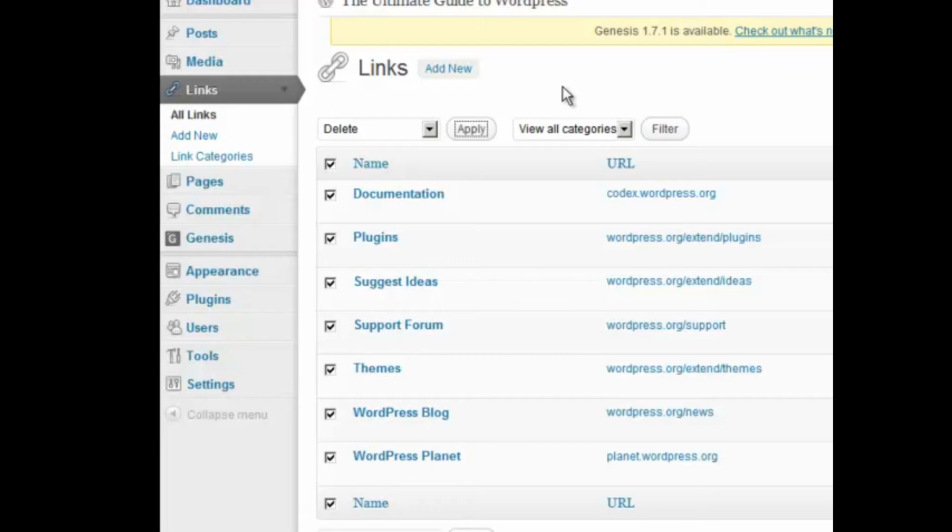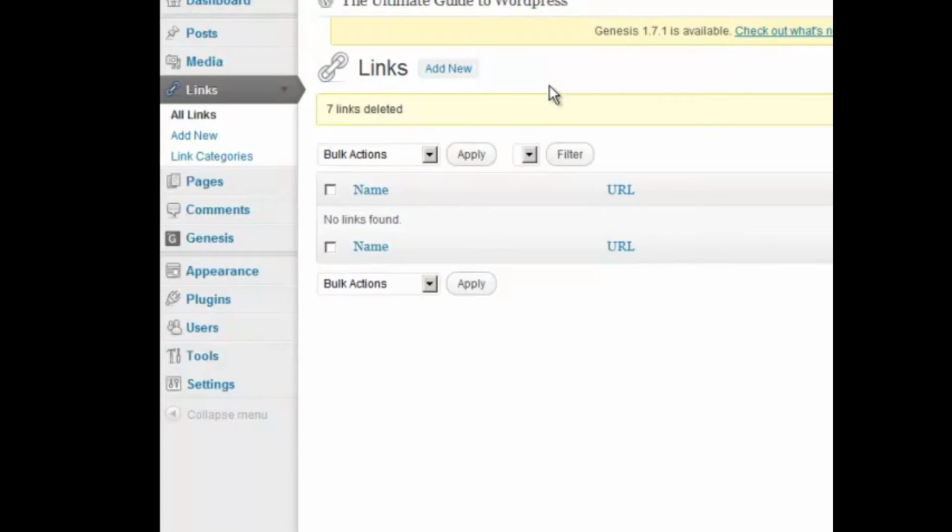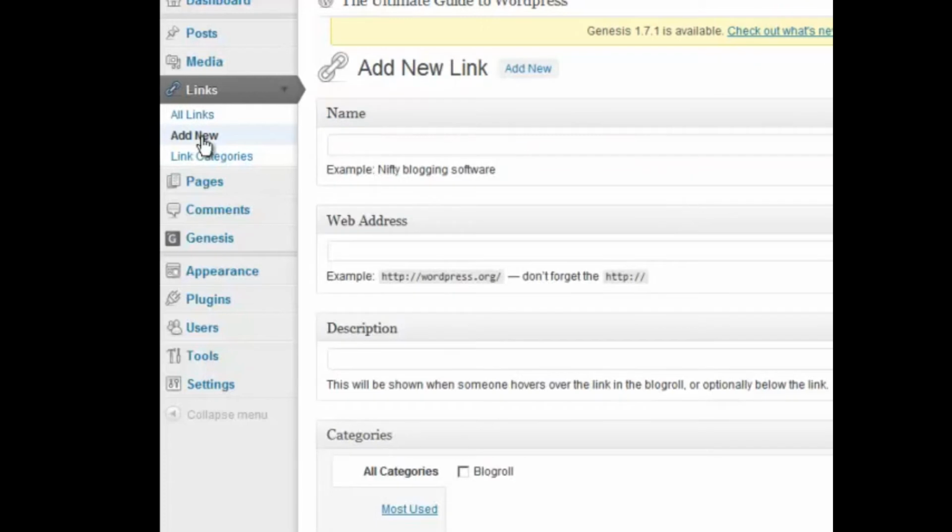Once you're done with that, we can add some new links. Now these are outbound links that may go to partner websites or reference websites or affiliate websites or what have you. I will show you how to add a link. So click on Add New. Click on the name for your link. This is going to be the text that appears as a hyperlink in your blog roll. So we're just going to call this one Google, and then we're going to type in the full URL like that. You can put a description in,